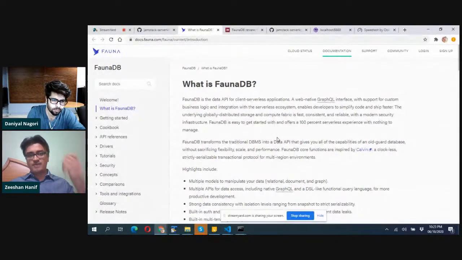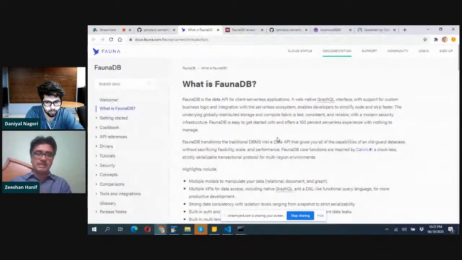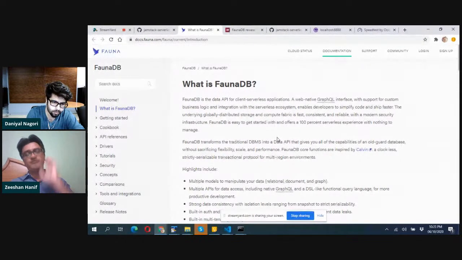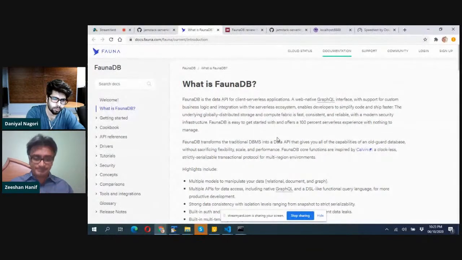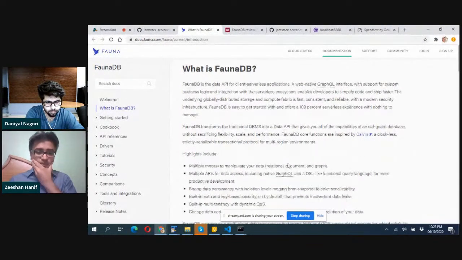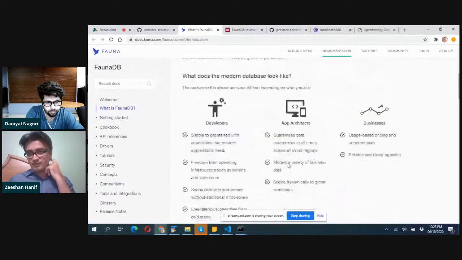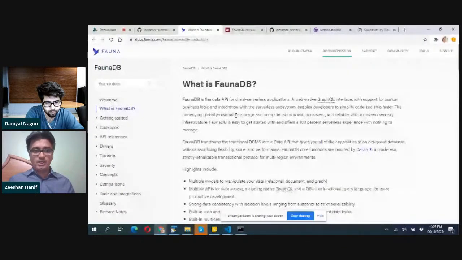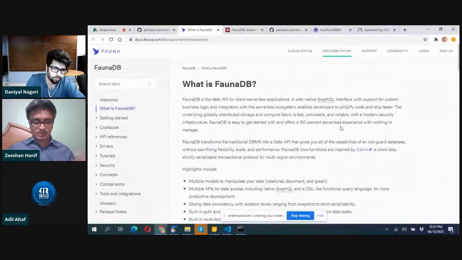If we have serverless functions which are distributed, we need a database that is distributed as well, so that it does not bottleneck on a single region for a database call. It will not be a single place where all the functions are hitting the database. So it's also distributed. Okay, so for that, what we have to do is first log into the database interface. So let's